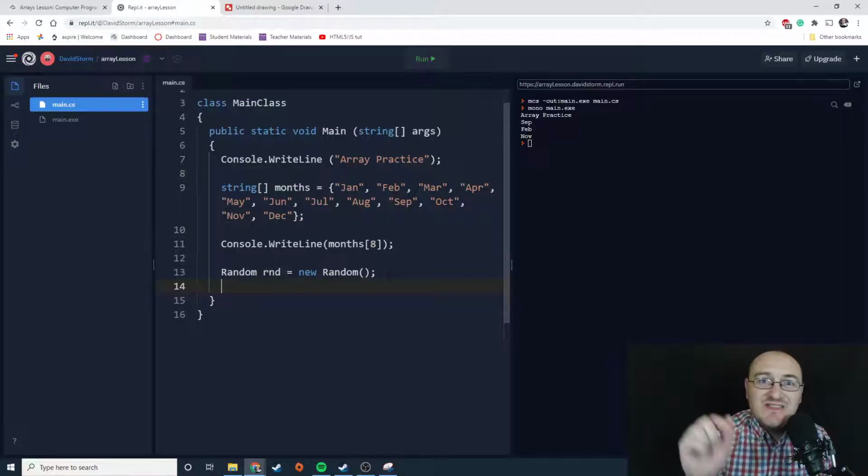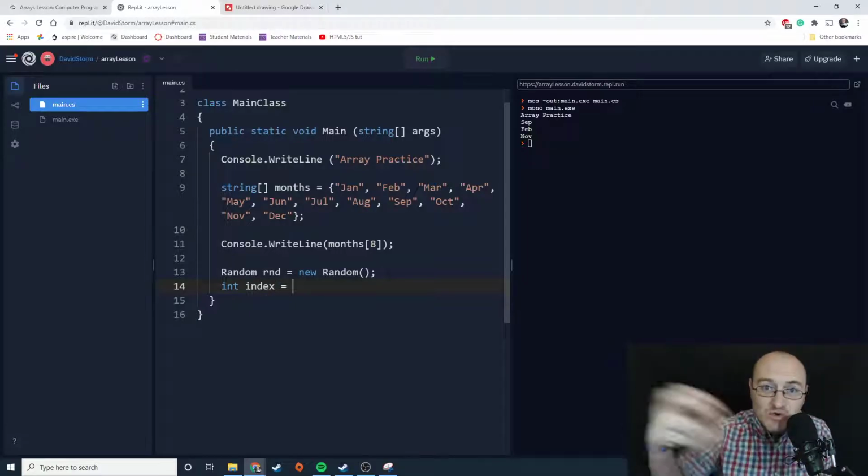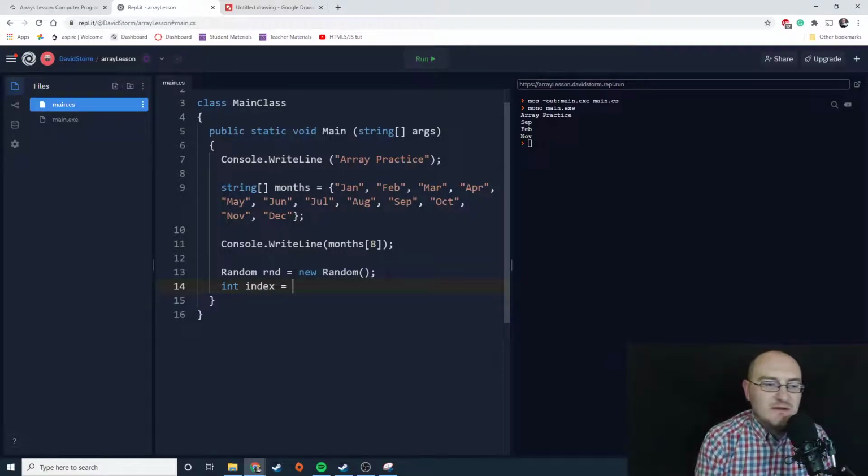Okay. So now that we've invoked an instance of the random object, now we actually need to create a number. We have to pluck a number out of thin air from the random that we've just created. We're going to store that number in an integer because that number is a whole number. So we're going to create a new integer variable, call it int. I'm going to call this index because we're going to store an index number. You'll see what I mean in a minute. And the index is going to be